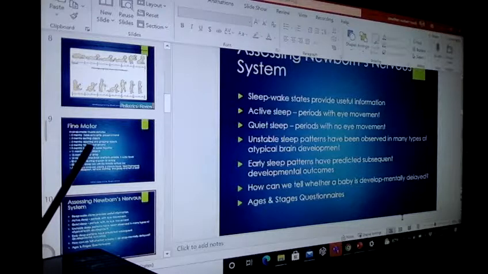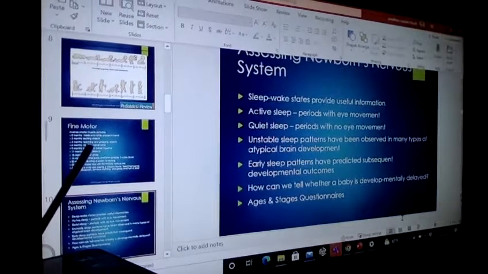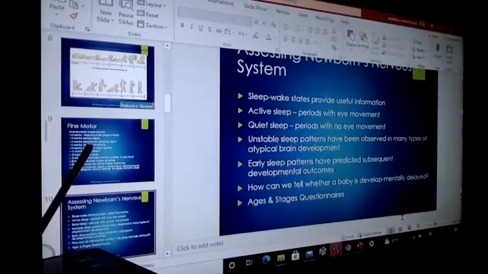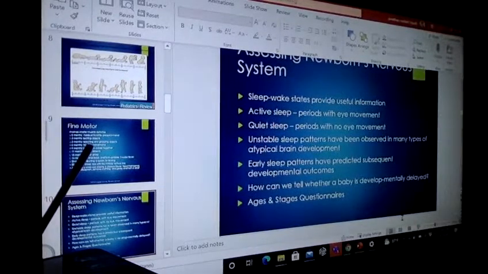I guess early sleep patterns predicted subsequent developmental outcomes. And so we keep an eye. We try to let them get as much sleep as they can, however they can. Sometimes we drive them around. For our weekends, it's driving around, going to a drive-through, eating, and letting them sleep in the car. They sleep best in the car. It seems asinine, but it gives my wife a break where she can sit down. I'm just driving, so yeah, it uses some gas, but they sleep because the car has that motion and movement. And I think when they're newborn, it says it in here somewhere, but they need 13, 14, 15, 16 hours of sleep every day for their brain development.